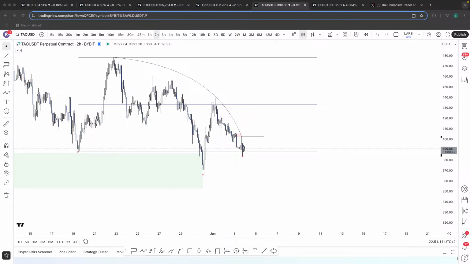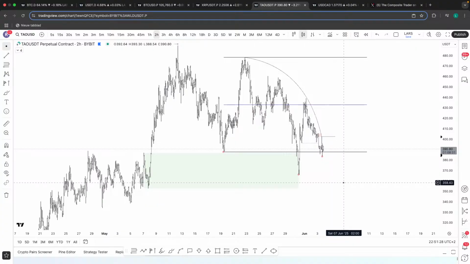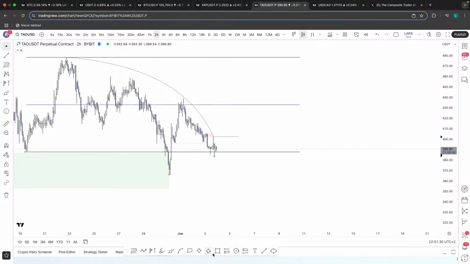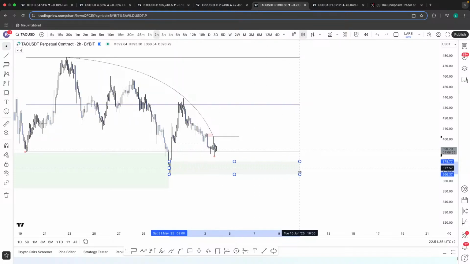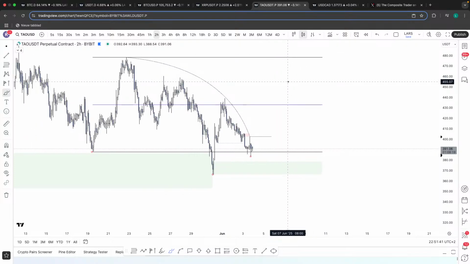What about the demand zone on the 2-hour on top, below that third tap? You can come for it. Those could all be reasons why price is pulling back. Maybe if we get a correction on Bitcoin and a correction on XRP, TAO only pulls back 4% or 3% because it's holding up stronger than the other pairs, and then you could pull back into this demand POI. I'm just saying this is already a valid third tap from a POI standpoint.